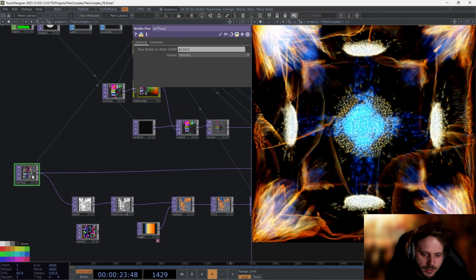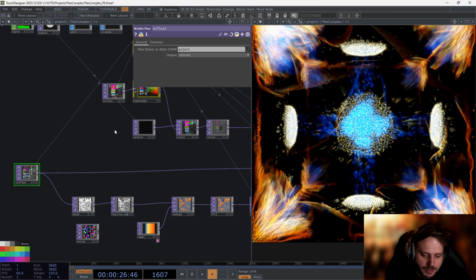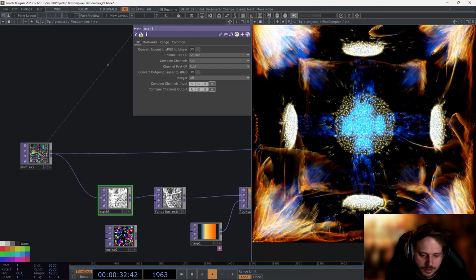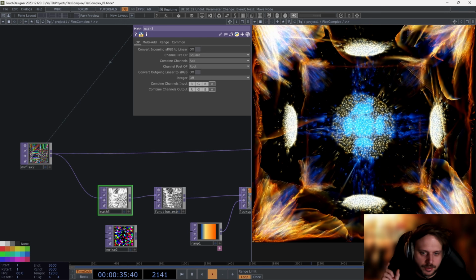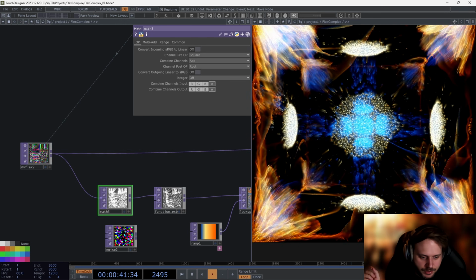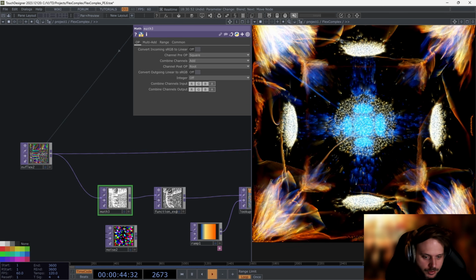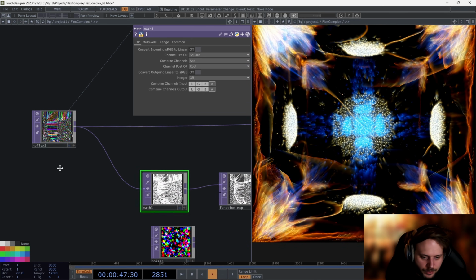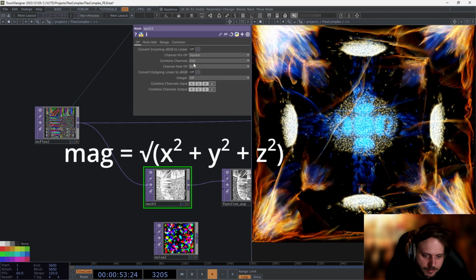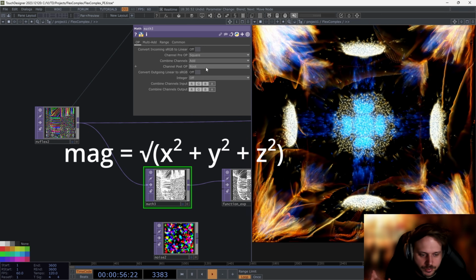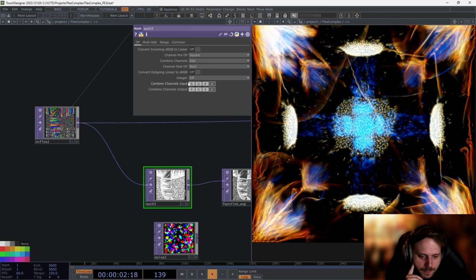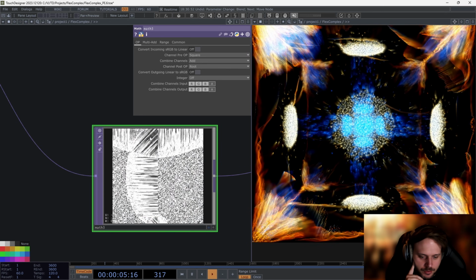So for the color, I'm taking the velocity of the particles, and I'm just calculating their vector length, their vector magnitude. I don't care about their direction. I don't care about the individual x, y, z velocity. I just care about its magnitude. So to do that, we can combine the RGB channels with the pre-OP to make them squared, then add them together, and then root the resulting value, and then I output to the RGB so that we have a monochrome,